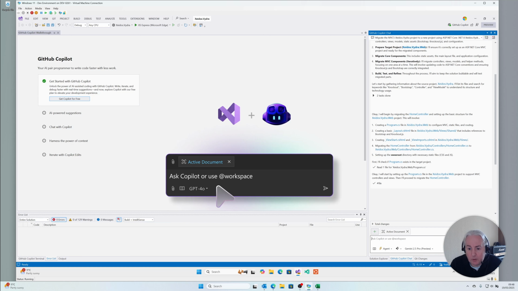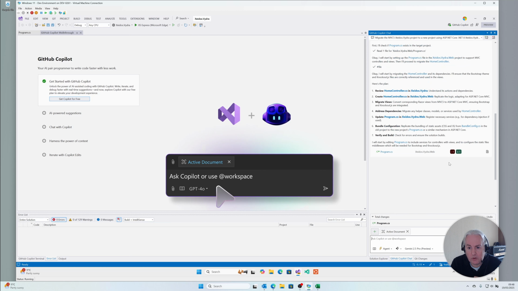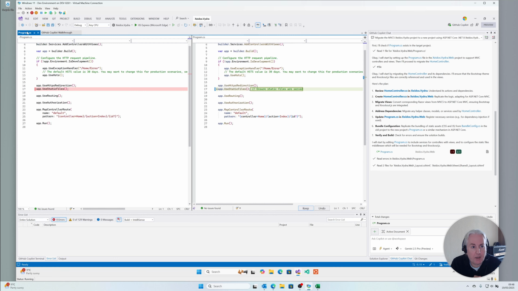So like I say, we are working in agent mode, so as I would expect with this particular task, it should go away and start doing stuff on its own. And it has done. It's put a comment in there. Not quite sure why it's done that, but